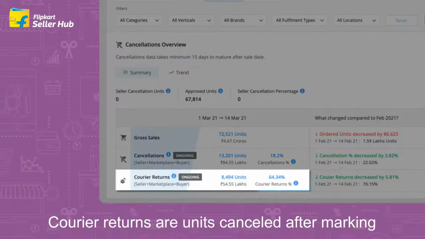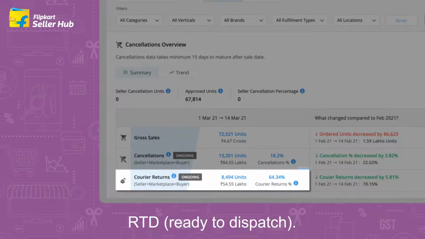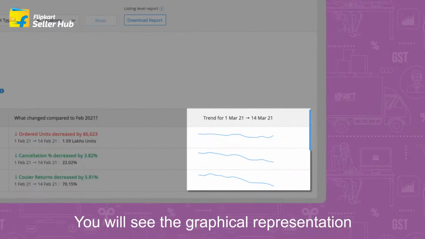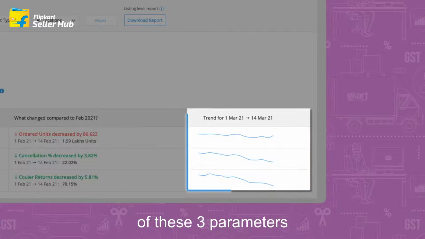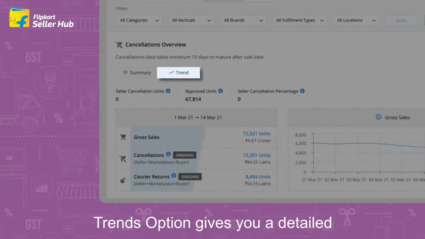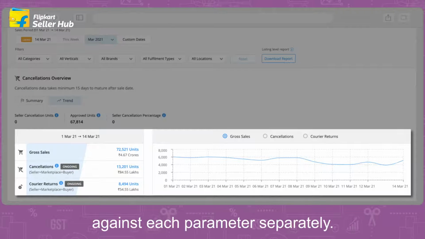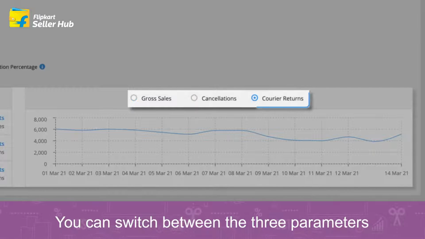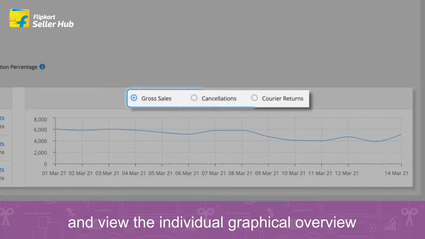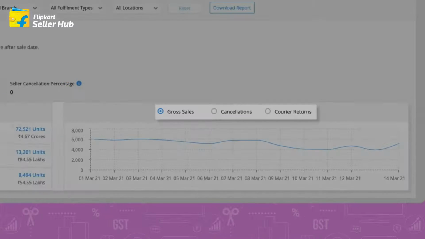Courier returns are units cancelled after marking RTD, ready to dispatch. You will see the graphical representation of these 3 parameters over a selected period of time. Trends option gives you a detailed graphical representation against each parameter separately. You can switch between the 3 parameters and view the individual graphical overview for the selected time period.